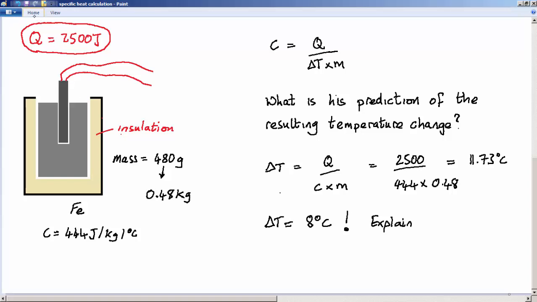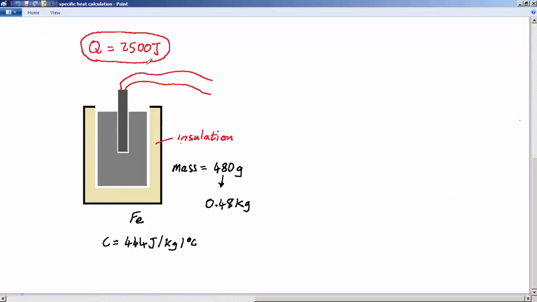What I mean is this: rather than telling you explicitly that the heat supplied to the iron block was 2,500 joules, let's remove that, they may say in the question that the heater was supplied with a current equal to 3 amps at a voltage V equal to 12 volts